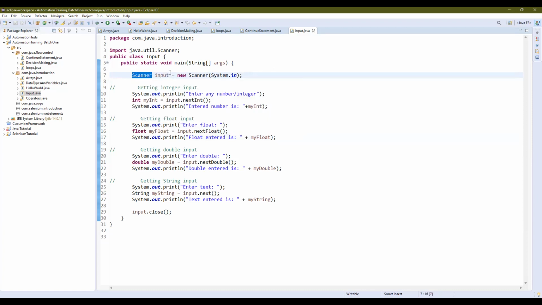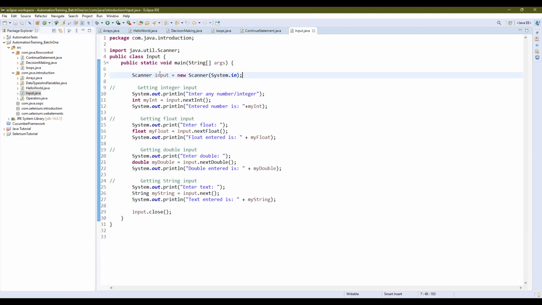And it is equal to new Scanner(System.in). About creating Java objects and classes, we'll talk about that in detail in the class and object session. But just remember that to take any input from the user at runtime, we can use the Scanner class, right?